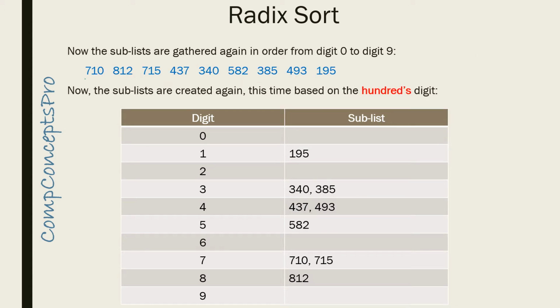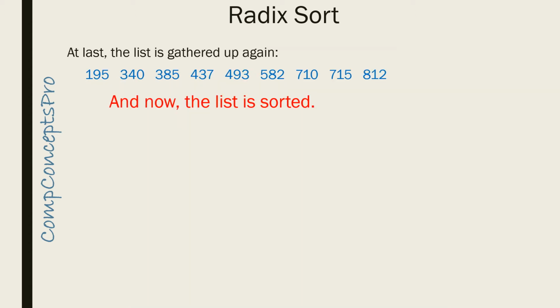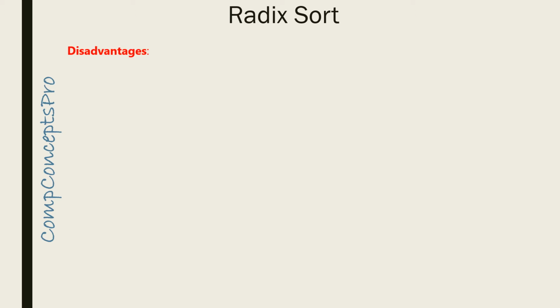So now this is our list, but still it is not sorted completely. So finally we will consider the digits at hundreds place and place them at their appropriate positions. After placing all the numbers at their places, we will gather them again without changing the order. So finally the list is sorted in the ascending order. So this was quite simple to understand, isn't it?